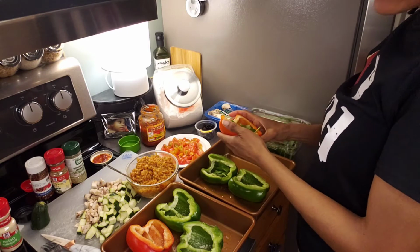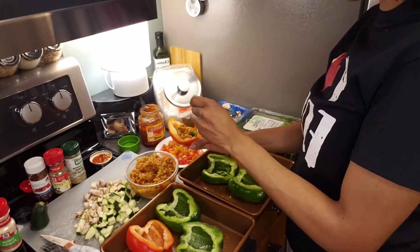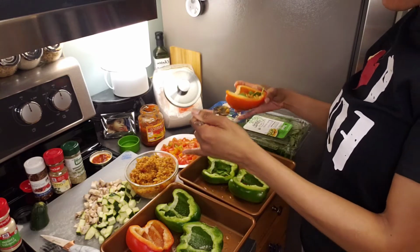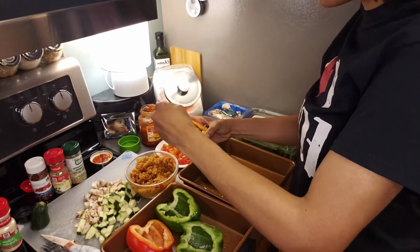Once I add the spinach, I'm going to go in with this rice that I mixed here, and I'm going to stuff it with the rice. I like doing it this way because the rice kind of holds down the spinach. You know, before spinach cooks, it's so big and it takes up a lot of space. So I just want to go in